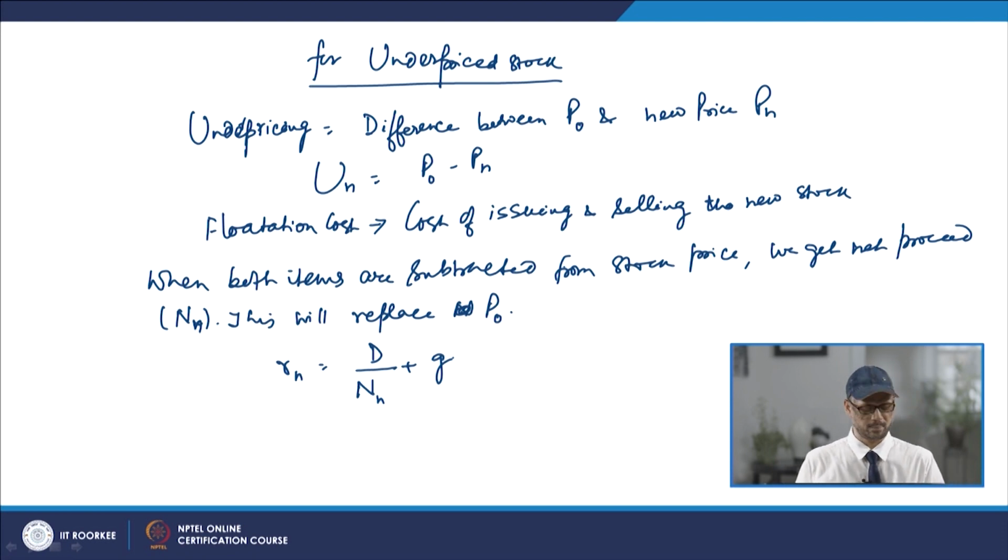So, there is a common stock, and we will discuss the problem. Now, the problem is that a common stock is selling for 35 per share, and the expected dividend is rupees 1.15 per share, and earning per share also is given as